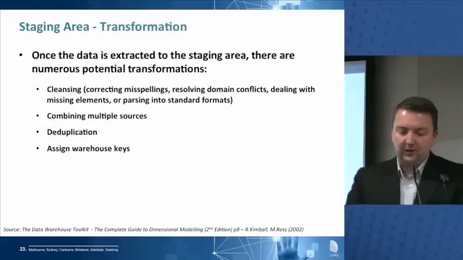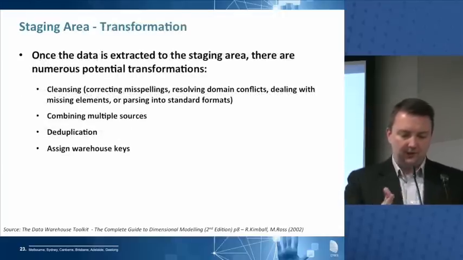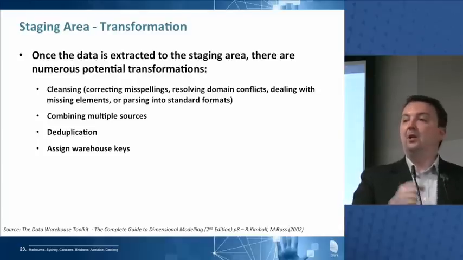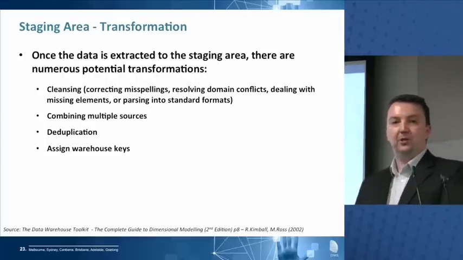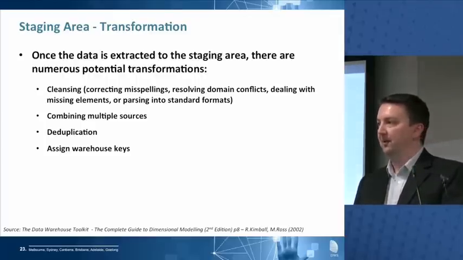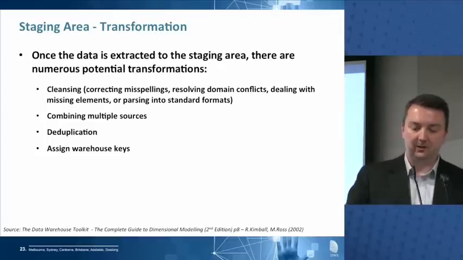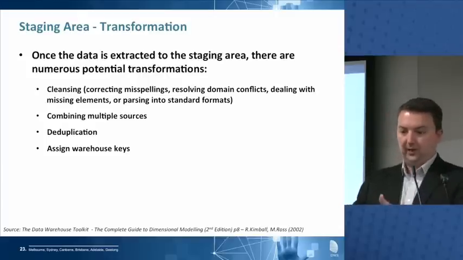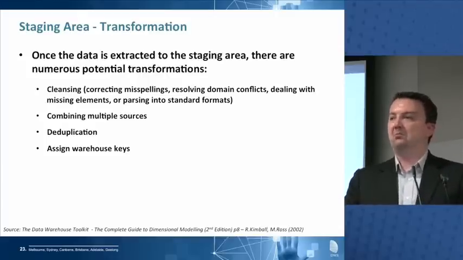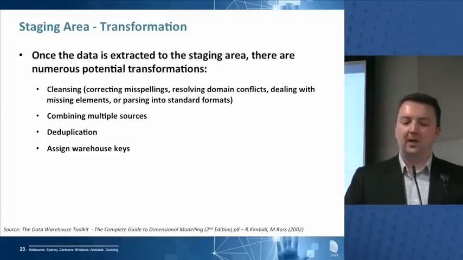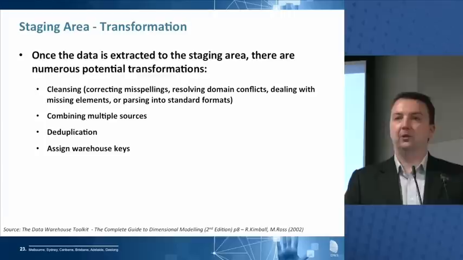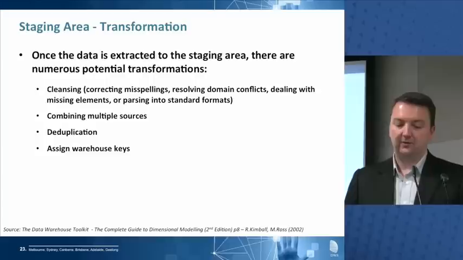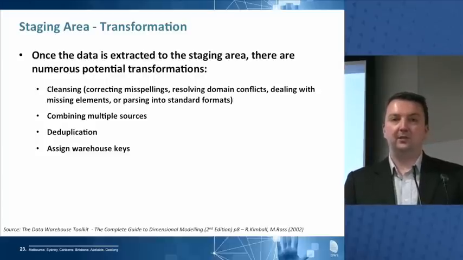All right, transformation. So we've got this raw data from the operational source system. We've already said before that we don't want to build a copy of the operational source system because that wouldn't be a data warehouse. Right? Because data warehouse users do things differently to operational source system users. So what we're going to do to this data is not simply pump it straight into our data warehouse. We're going to change it in some ways. Right? And those changes we call transformations. So the sorts of things that we might do in our transformations are cleansing of the data.